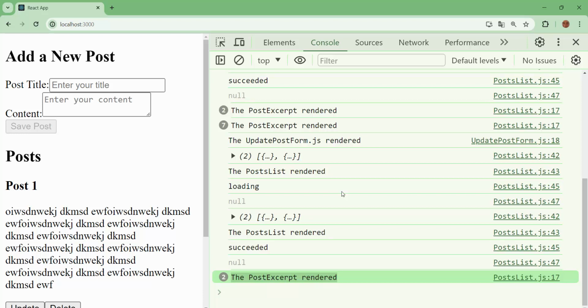That component, post list, is a component subscribed to global state, and receives immediately any news from global state. And